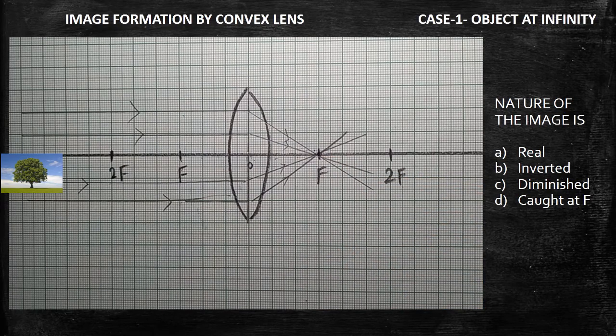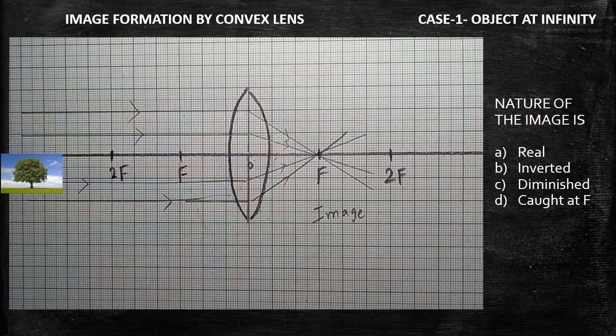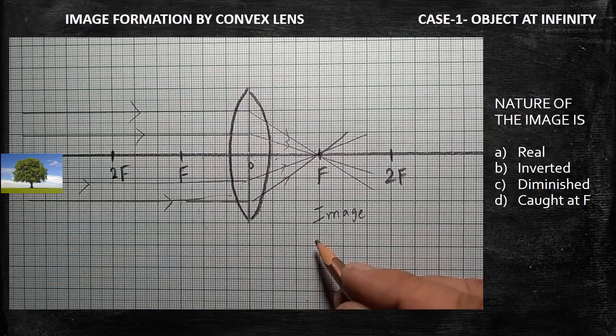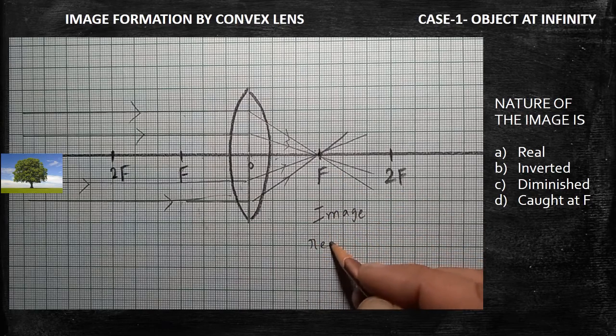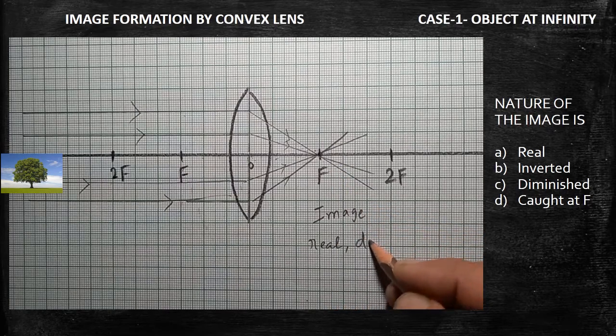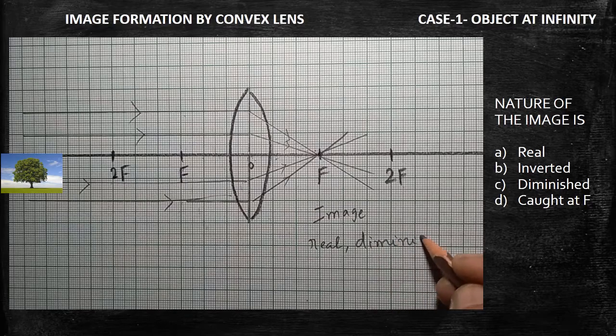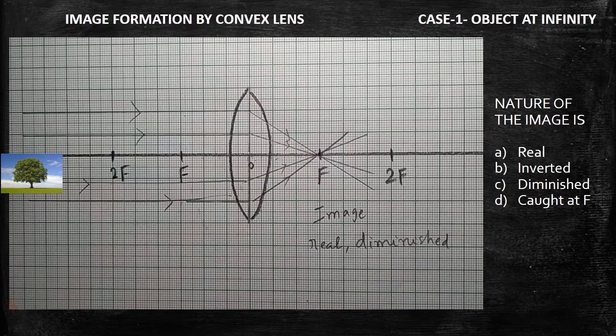Now we have to describe how the image is. Are you clear? Here only you are getting the image. Understand? The image can be caught on the screen. Object is at infinity. The nature of the image will be, okay, that can be caught on the screen, that's why this is called a real image. And then the size of the image is too small. Therefore, it is called diminished. Are you clear? Diminished. And the nature of the image will be inverted. There, all the buildings are in erect form, buildings, trees, everything in erect form.